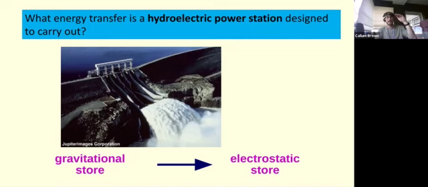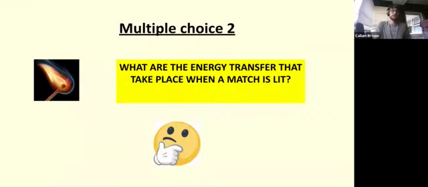However, that kinetic energy is pretty much immediately going to be turning a turbine in the dam, and that's going to generate an electrostatic store. So the transfer goes from the gravitational store to kinetic to electrostatic. We're getting a few transfers occurring there, and this is going to lead us on to multiple choice question 2, where I'm going to give you a few different